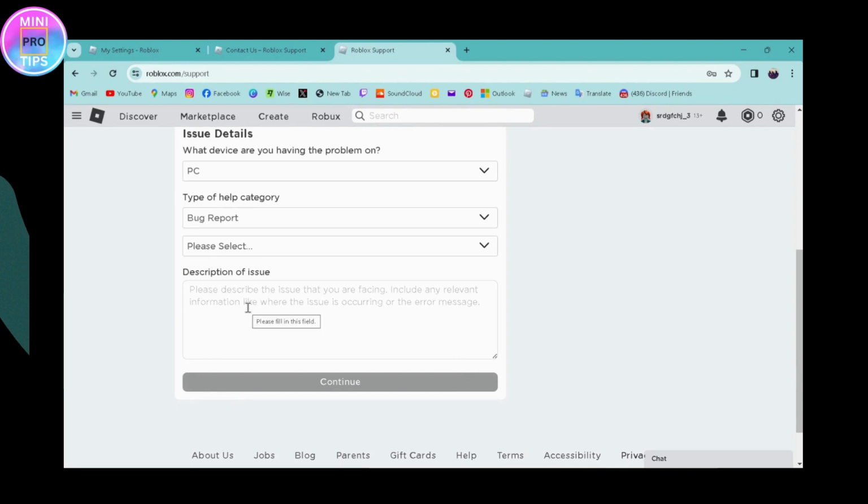Under the description of the issue, it's the most important thing. Here you need to write exactly like, I want to change my tag color, or rather my name tag color on my Roblox account. For example, I want to change it to green color instead of whatever color it is right now. So I need your help to change it. You need to write that, and then once you write that, you need to simply tap on continue